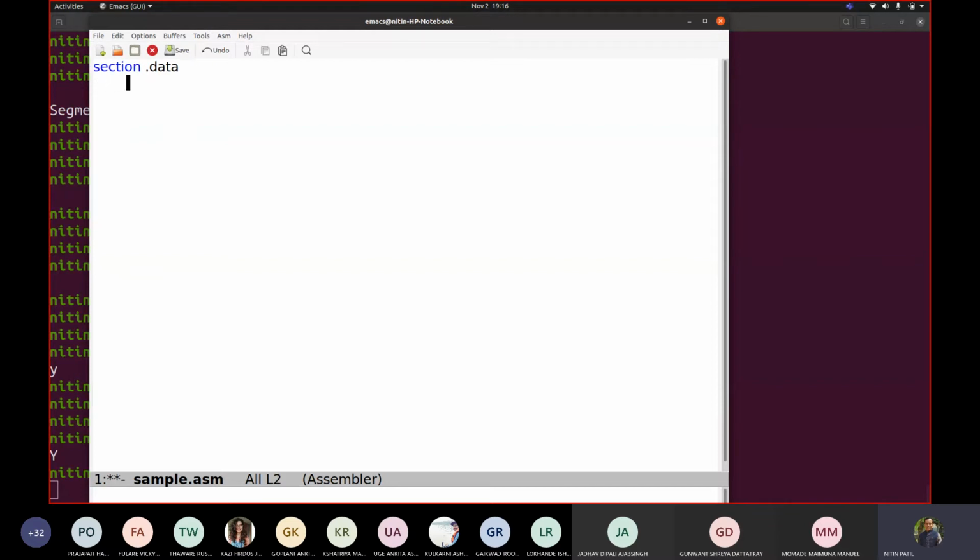Section .data with a db string, section .bss with a reserved 6 bytes, and section .text with global main.